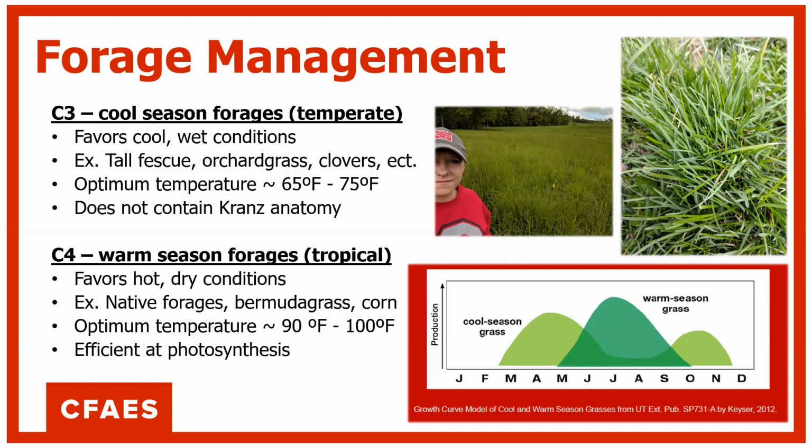What do we do about that middle spot where we have summer slump? That can be filled with warm season grasses because these grasses prefer hot and drier conditions. If moisture is available, they will use it. But the way that they perform photosynthesis actually allows them to keep growing in drier conditions than most of our forages do. There are many options that you can use to incorporate warm season forages into your systems, whether that's perennial forages or annuals, tall growing, short growing, for grazing or for hay. The reason that these plants do better during that hot period of time is because they are more efficient at